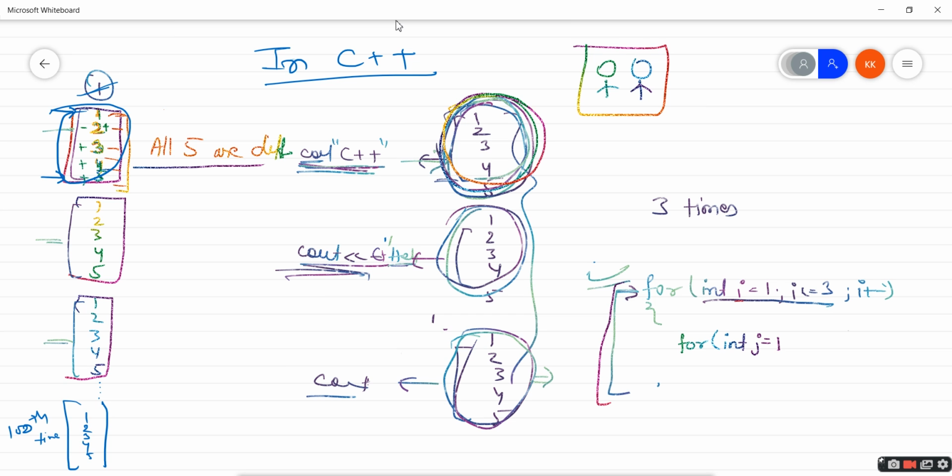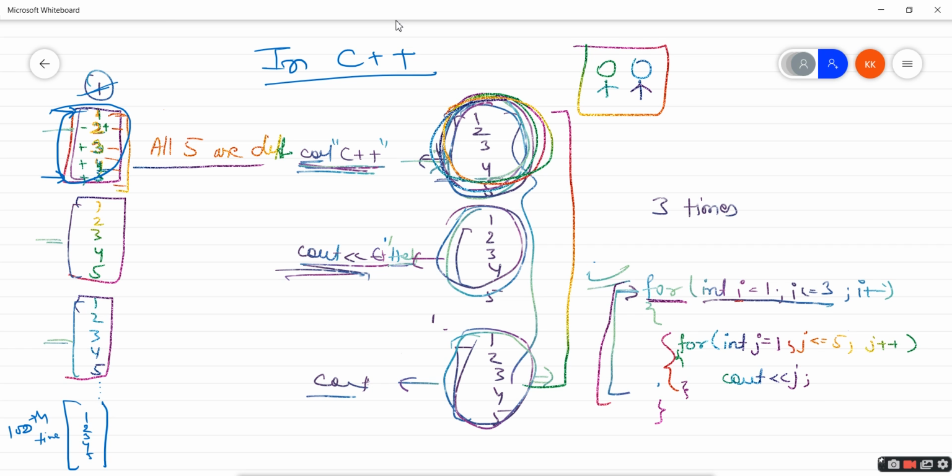We cannot have i and i here; we need a different name. j is less than or equals to 5, j plus plus, cout j. So this for loop is basically for this one, and this for loop is to repeat this one 3 times. This is the purpose.